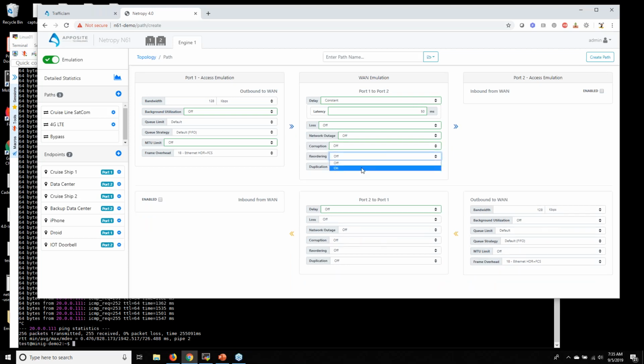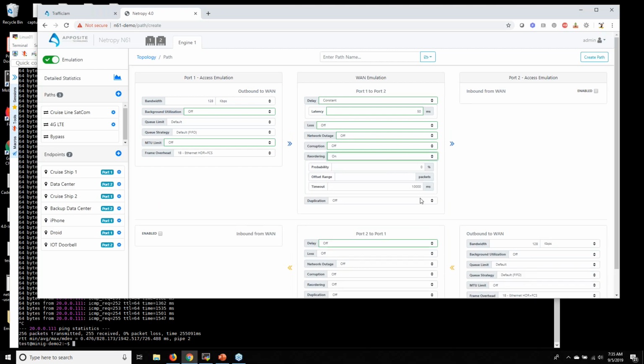And then we can do different types of packet reordering. So a lot of you might know that with TCP and UDP, a lot of times there's multiple paths to the same destination, and maybe packet 100 arrives before packet 75 does. Some applications can recover from that, some can't, and this is a way we can duplicate that environment.